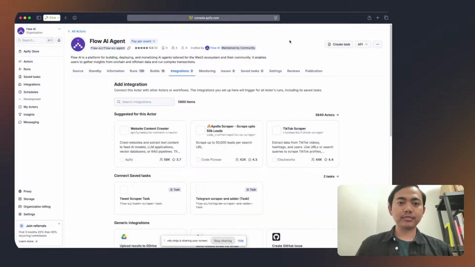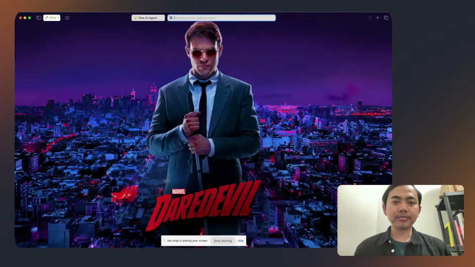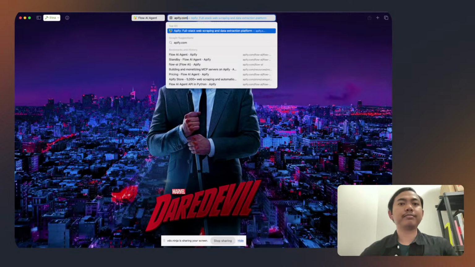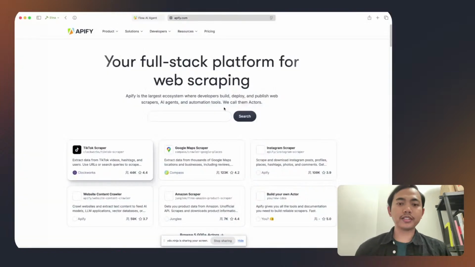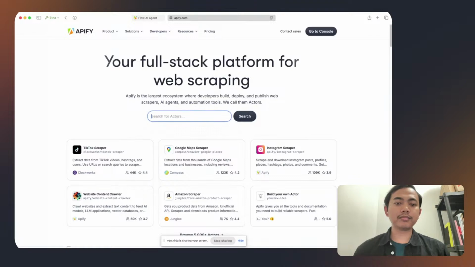If I go to apify.com, you can then search for Flow AI, and then you can click search.